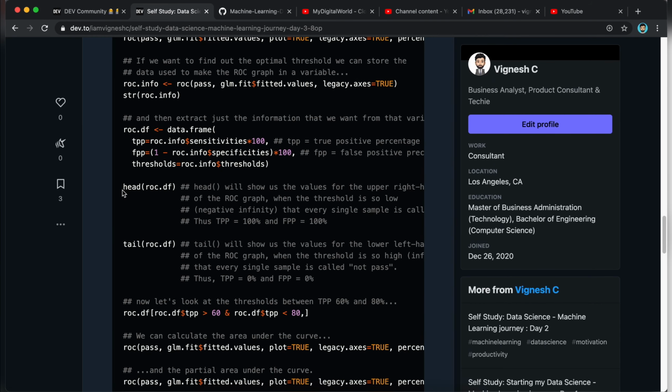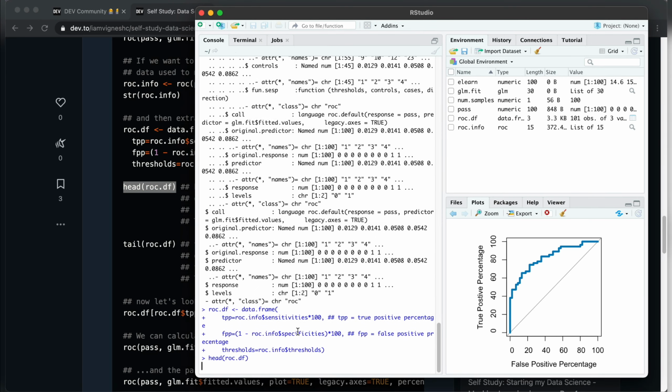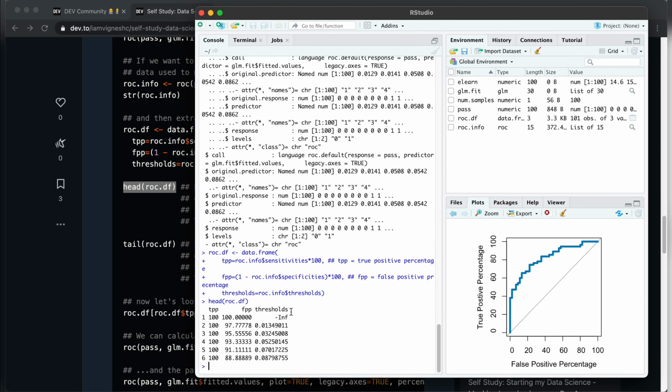So head.roc will extract the top portion, the head of the ROC data frame. This extracts information which represents the upper left, upper right corner. So this line has been extracted,